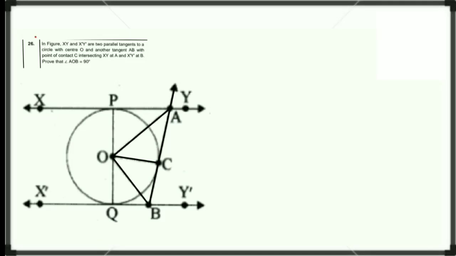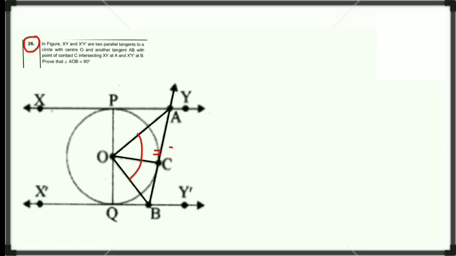Question number 26. In the figure, XY and X'Y' are two parallel tangents to a circle with center O, and another tangent AB with point of contact C intersects XY at A and X'Y' at B. Prove that angle AOB equals 90 degrees. Okay, students, it's a very simple but very important question, right? And here we need to prove angle AOB, this one,